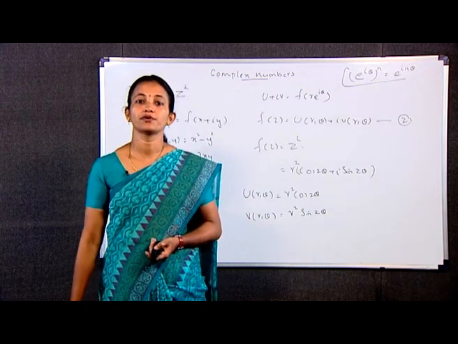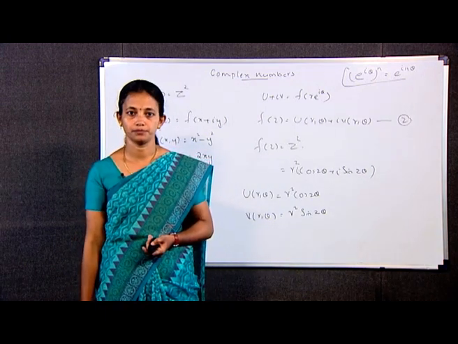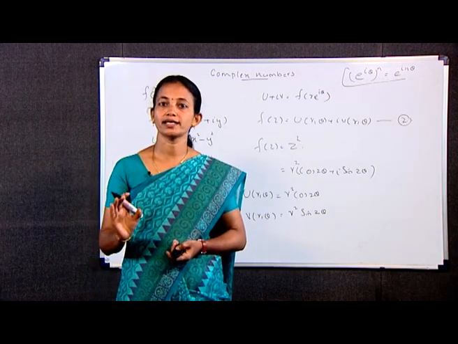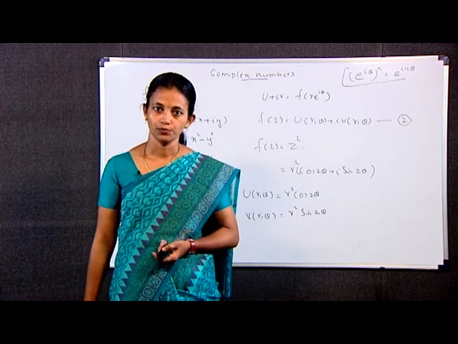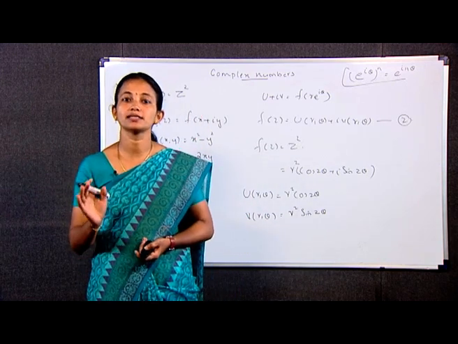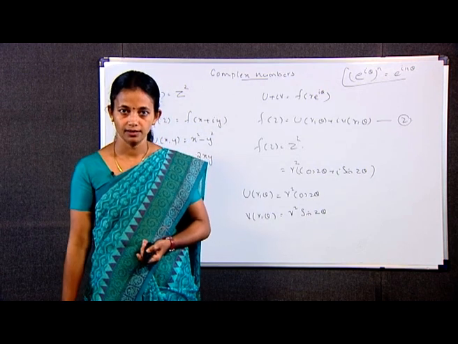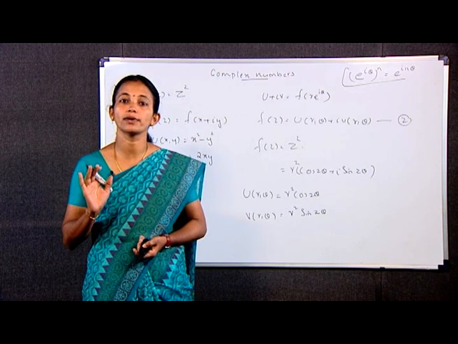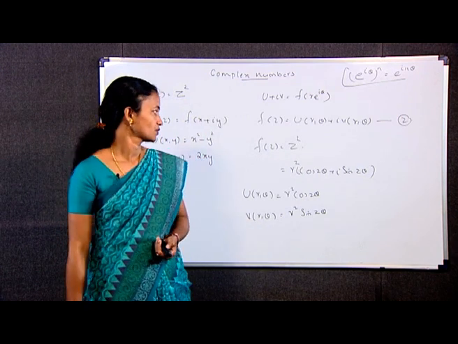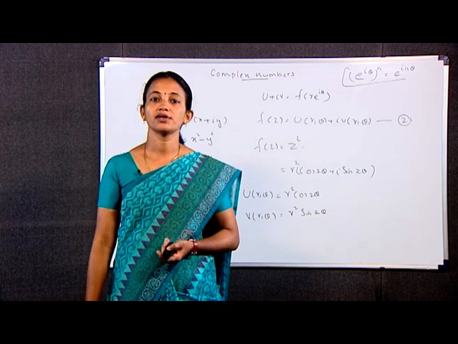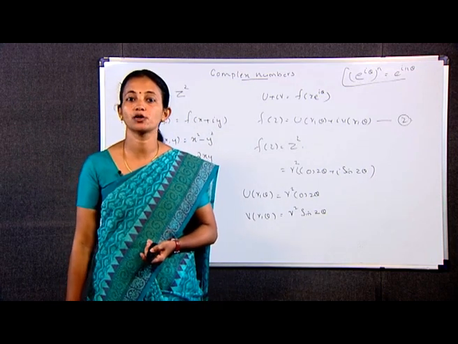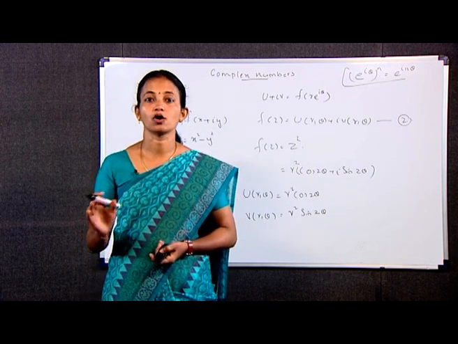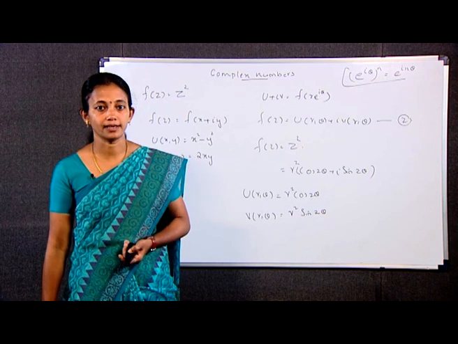Next we have real valued function of a complex variable. If in either f(z) is equal to u(x,y) plus i v(x,y) or f(z) is equal to u(r,theta) plus i v(r,theta), the function v is always 0, then the number f(z) is always real. Next example, the function f defined by f(z) is equal to mod z whole square is a real valued function of a complex variable, and it can be written as